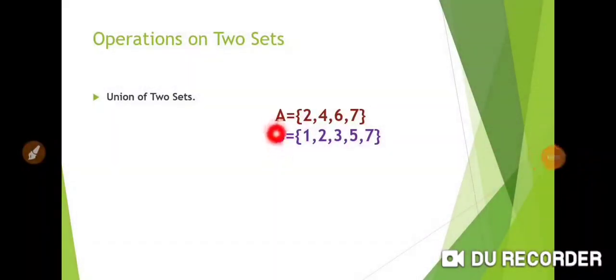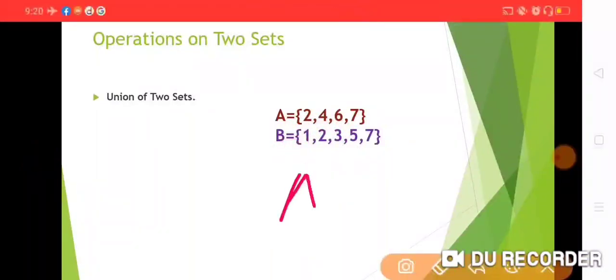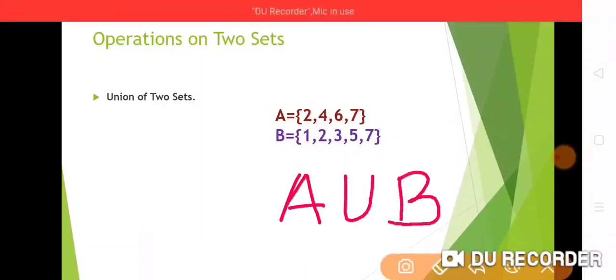which are there in A and B both. If I have to take the union of A and B, I am going to write all the elements which are in A and the elements in B. Here we have a sign for A union B, and in A union B we write down the elements of A and B both. We unite them. We combine the elements of A and B to make A union B.